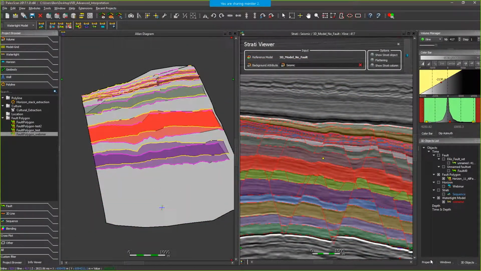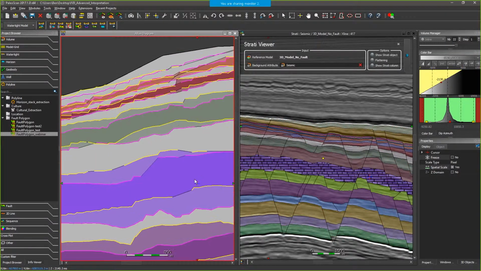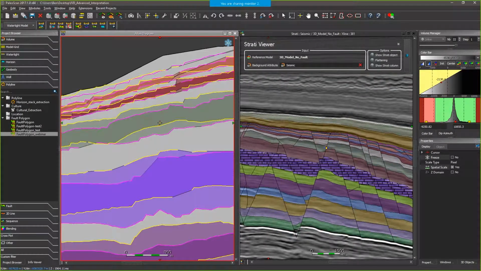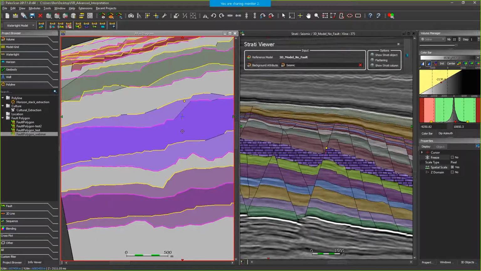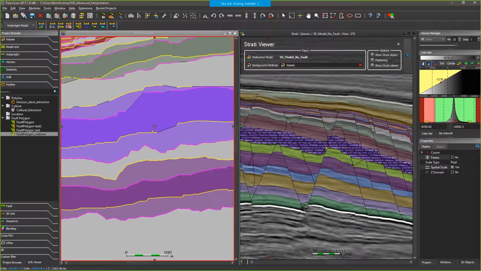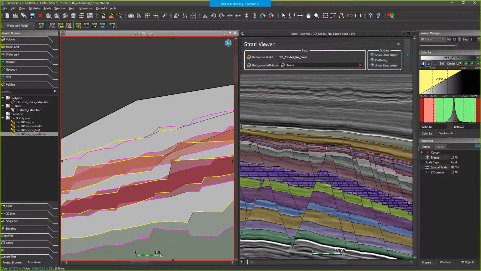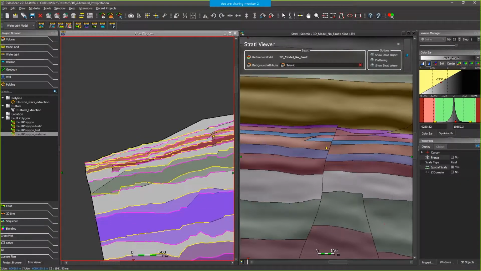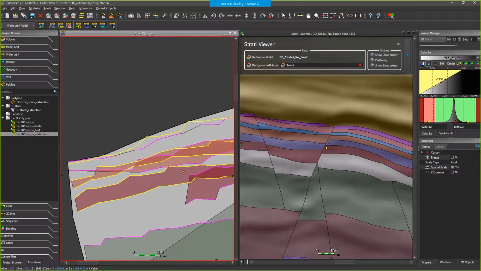If I select the watertight model and go to its properties, I can choose the color for the footwall and the hanging wall. Like this, you have footwall and hanging wall. Thanks to the cross navigation, you can check your faults with the watertight model. As you can see, we have the same color as the watertight model in the fault viewer with the Allan diagram, and you can check the intersection of the layers with the two parts of your fault. And of course, check if you have some connection between some layers, for example like this. You can zoom in and check whether you have connections between your layers or not.